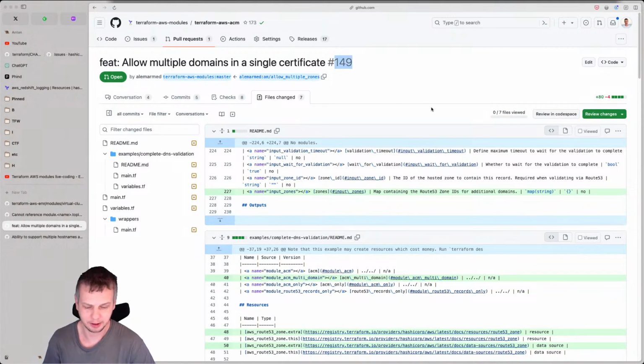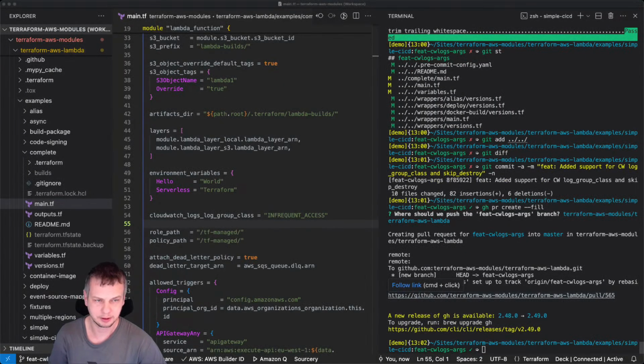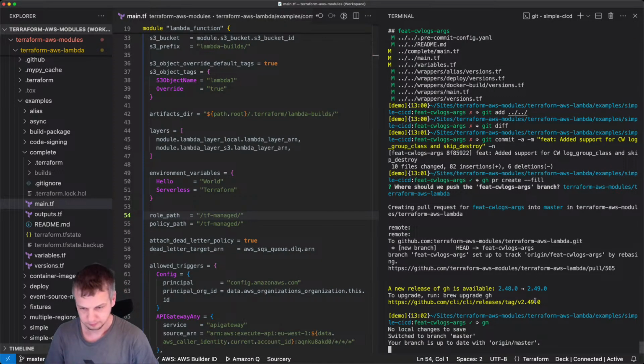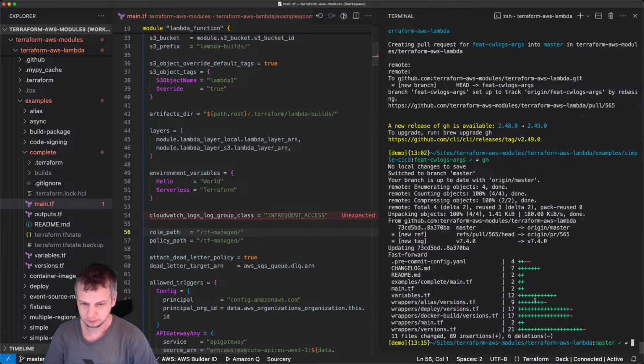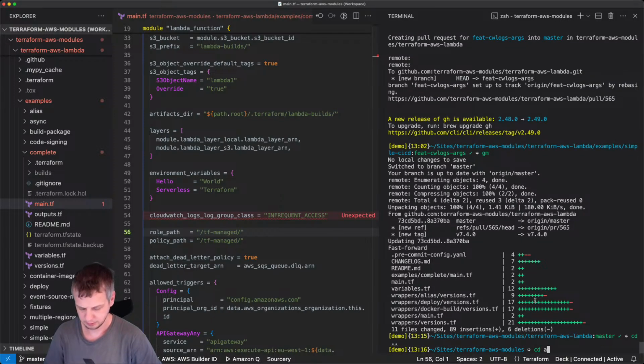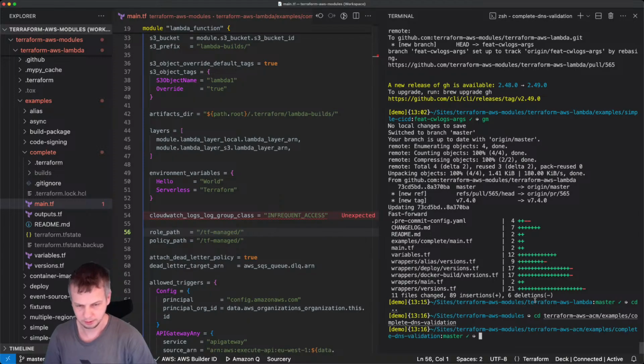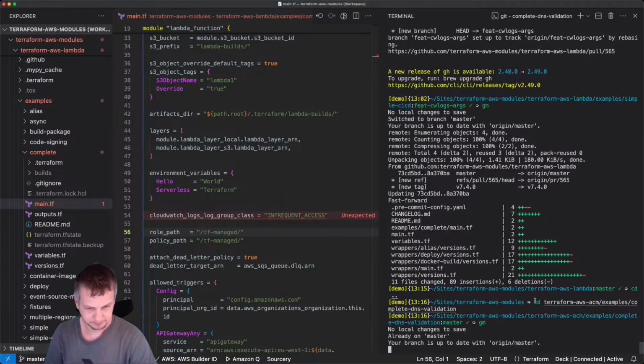So let's say ACM 149, ACM complete DNS validation. This.